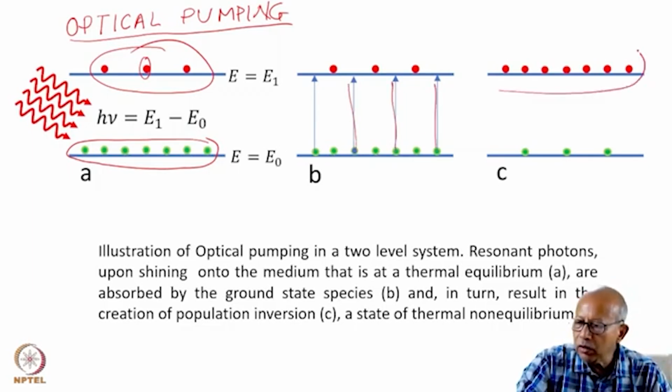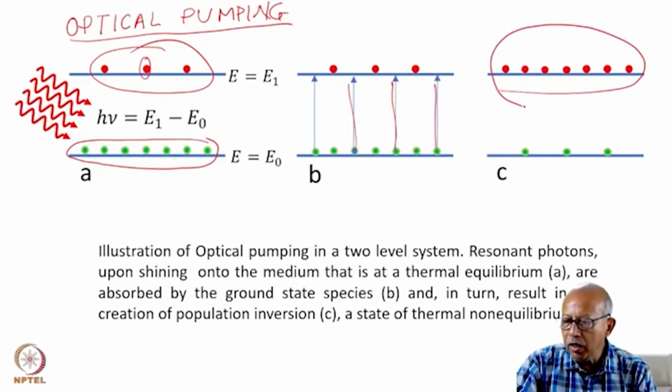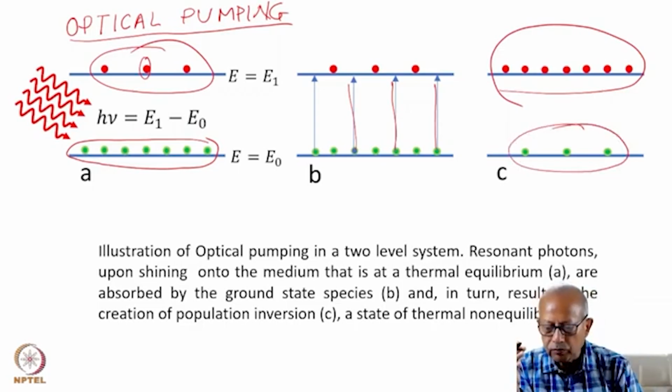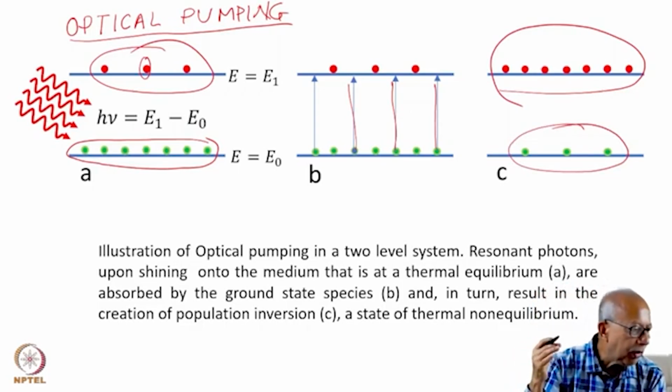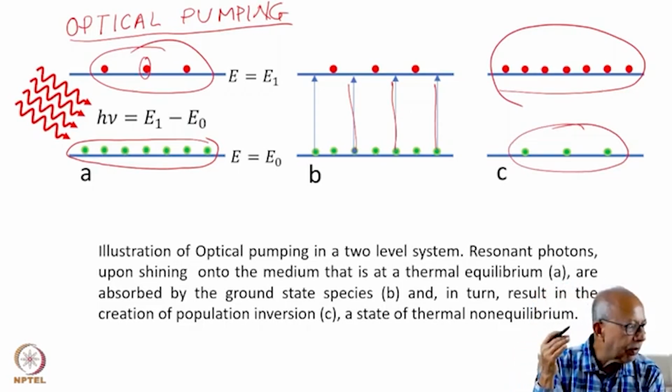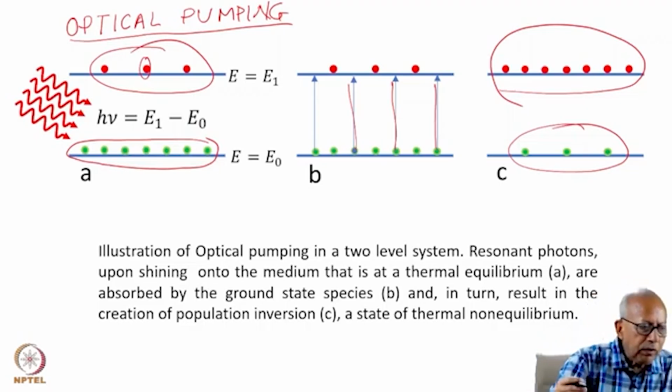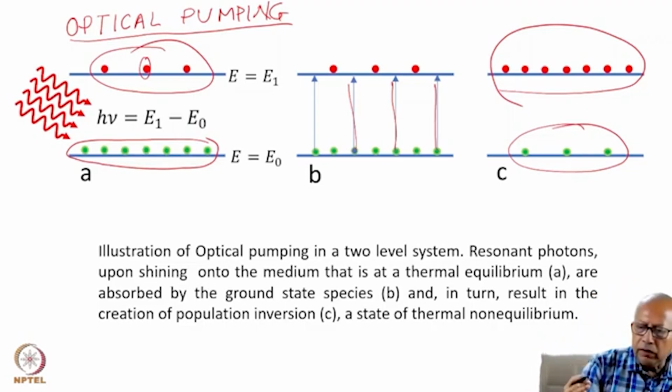So eventually you reach a population inverted state, which is of course a state of thermal non-equilibrium. A two-level system I've considered here, and until now, everywhere I've considered a two-level system only for rendering a simplistic